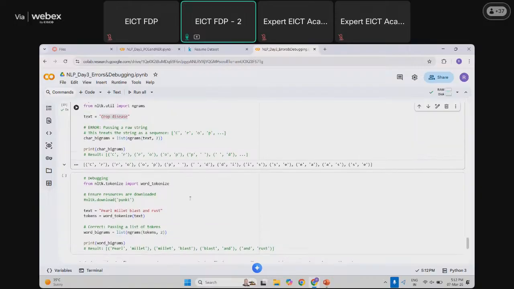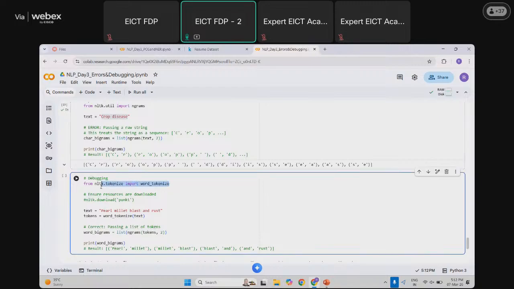So the debugging will be like, what was missing here is tokenization. So we just import word_tokenize. Then punkt, we have already downloaded so many times. So if you are doing it for the first time, you should download punkt also. The text here is Pearl Millet Blast and Rust. So here we will tokenize it. And after tokenizing, we will get the list as